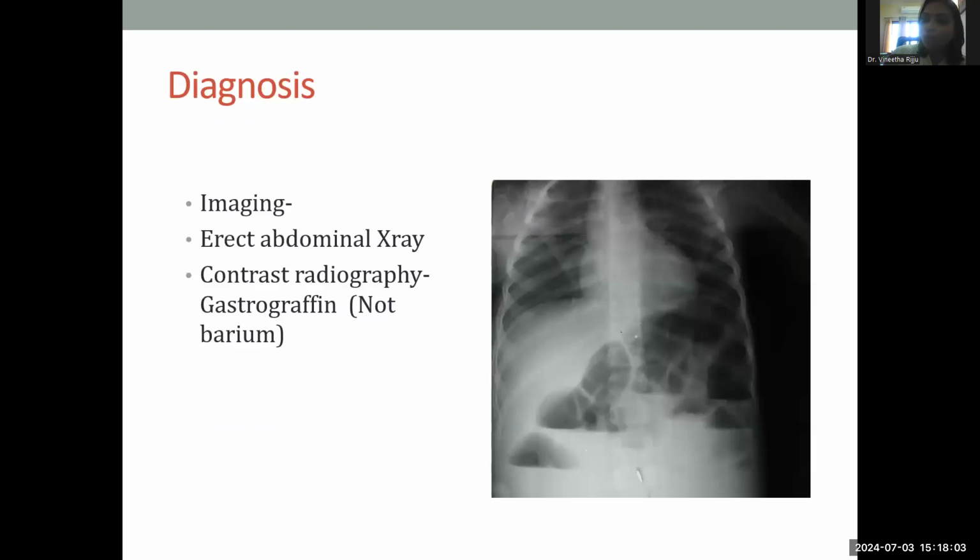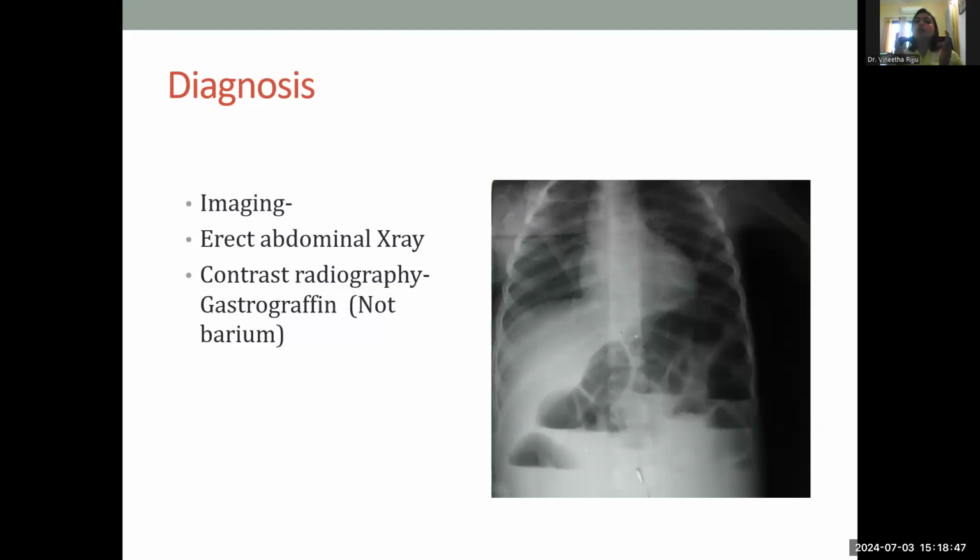So what do you do? How do you diagnose? First and foremost, you could take an erect abdominal X-ray, but often this does not happen for a patient who you are seeing at home care, right? You cannot ask the patient, okay, now please go to the nearest imaging center, take an X-ray and come back. May be difficult. So managing a patient at home who is in a terminal phase, and managing a patient who is more in a definitive treatment and is up and about with a better performance status, is a bit different.